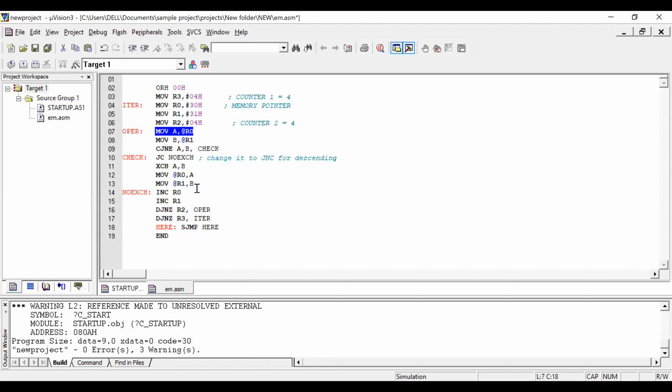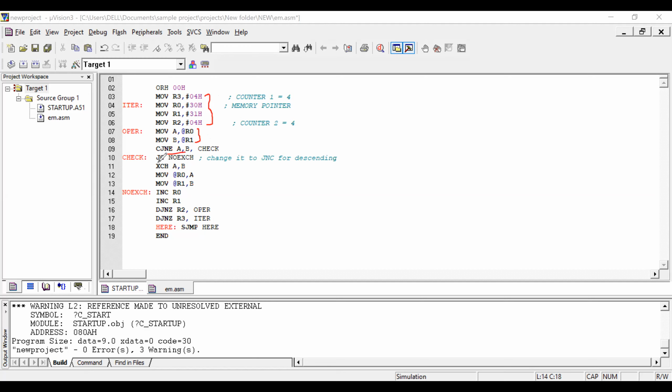So this is the program. So I think no need to get confused. See, only simple concept. Just initializing the counter and the memory pointer, and moving the first 2 data we are moving into accumulator and sorry, A and B register, and comparing these 2 registers.